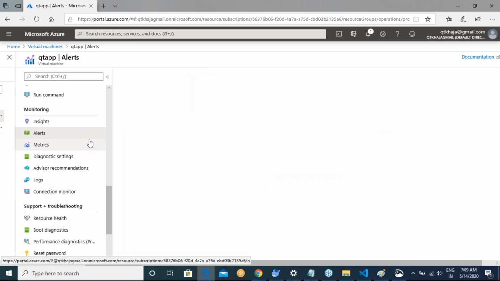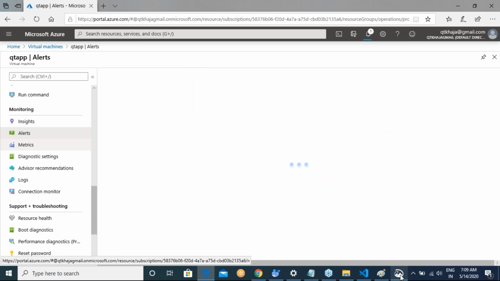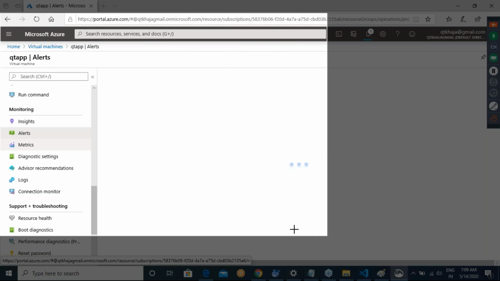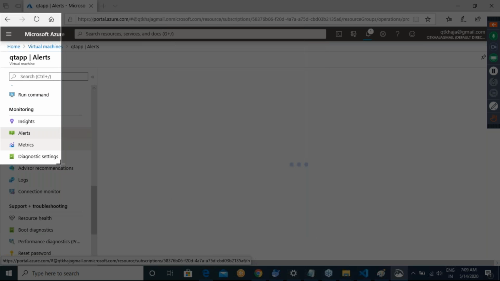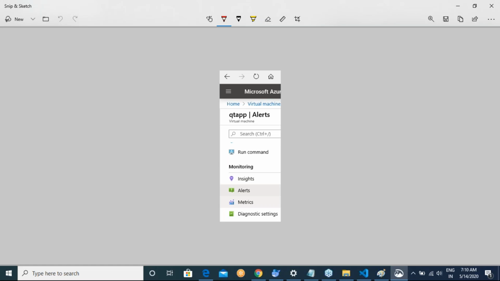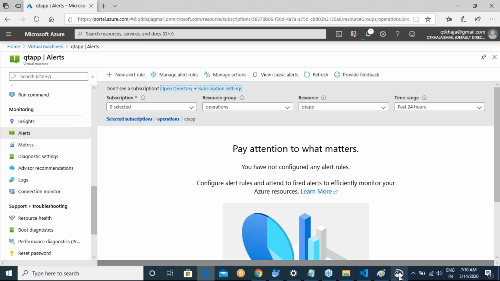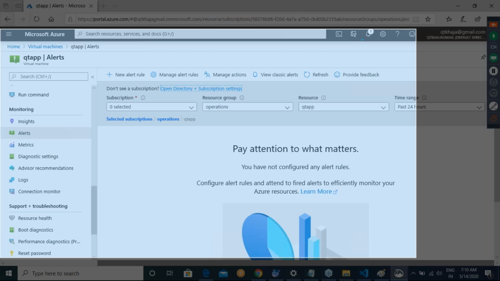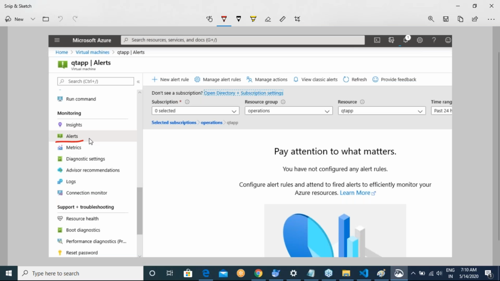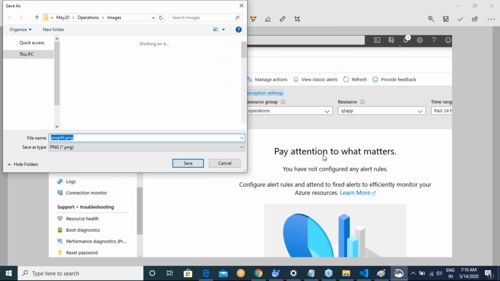You need to go into the alerts. Let the UI be populated. Get into alerts and then use this new alert rule. So let me click on this.